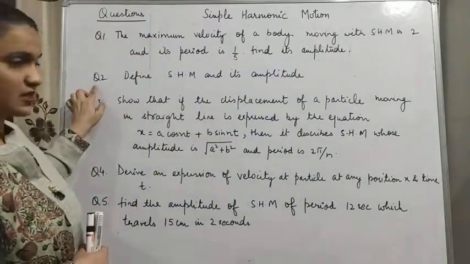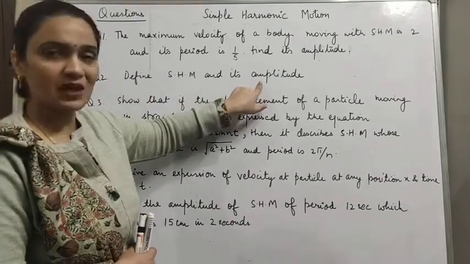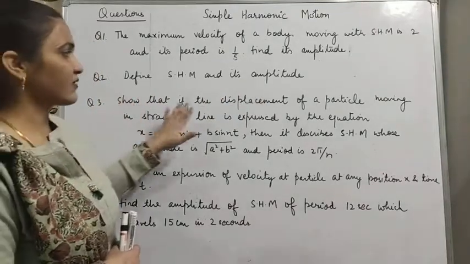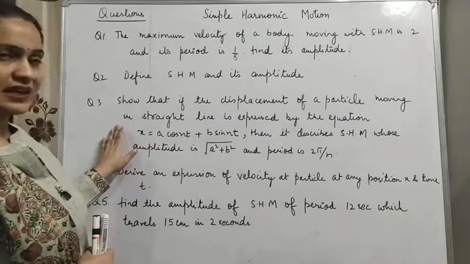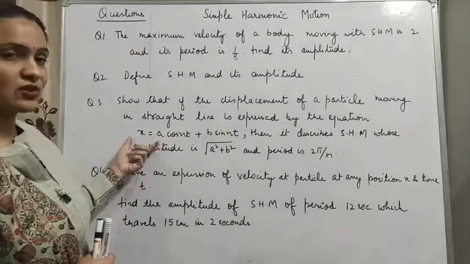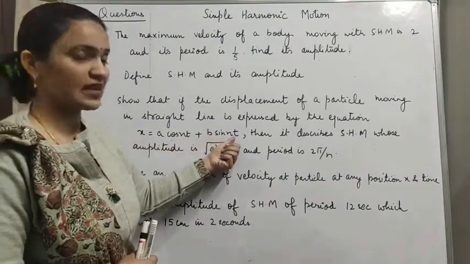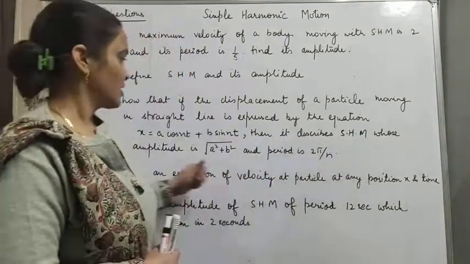Question 2: define simple harmonic motion and its amplitude. Question number 3: show that if the displacement of a particle moving in a straight line is expressed by the equation x is equal to a cos n times t plus b sin n t, then it describes SHM whose amplitude